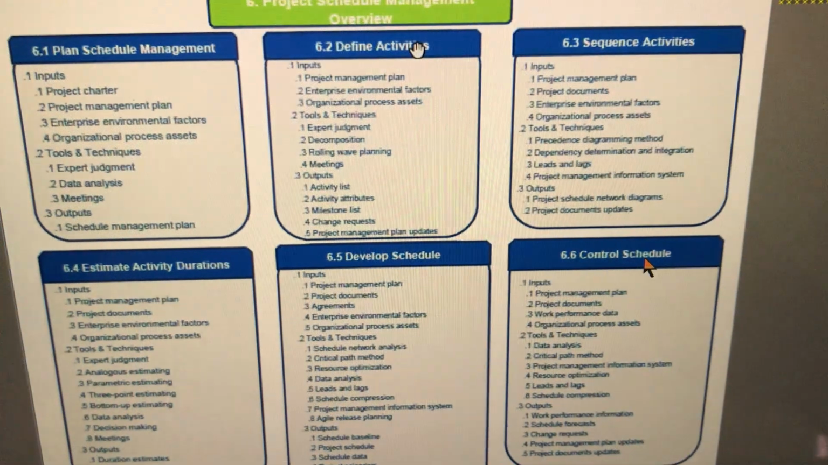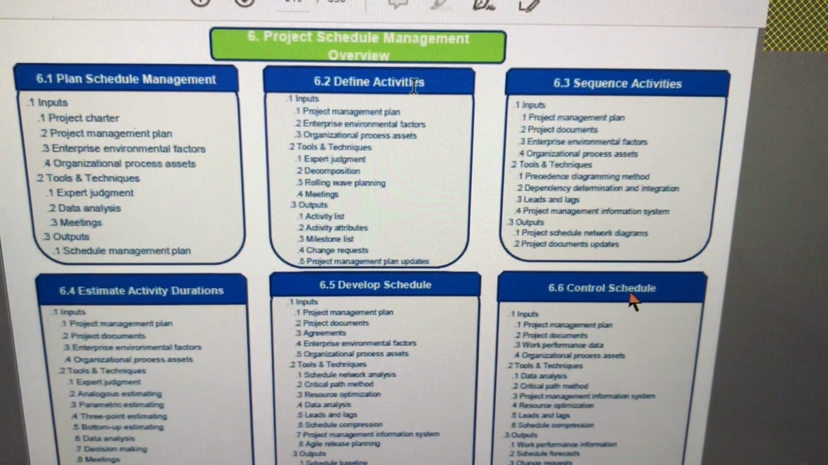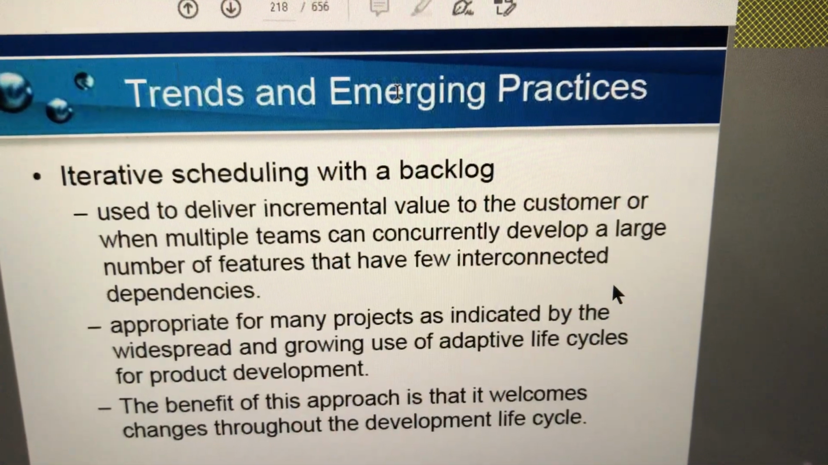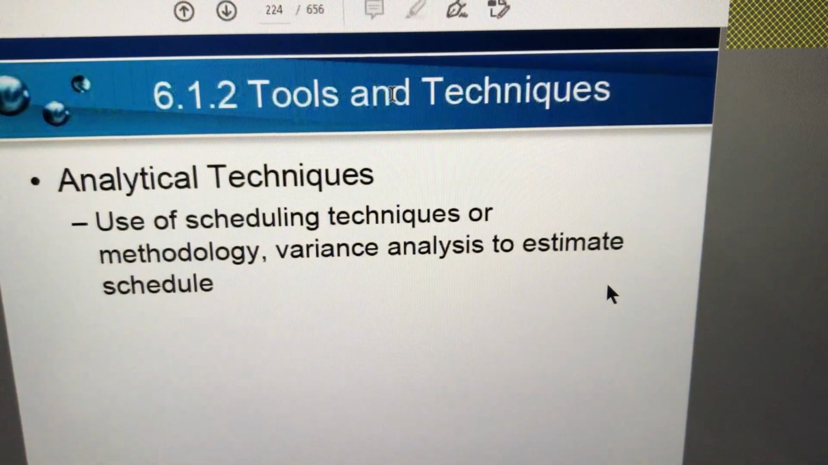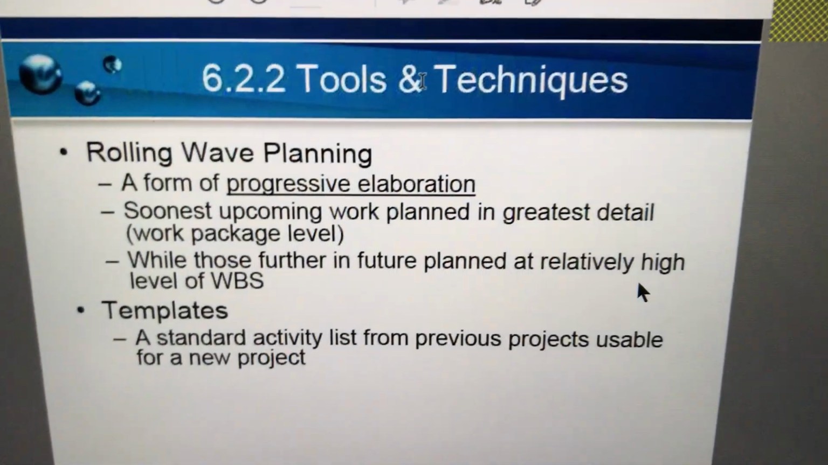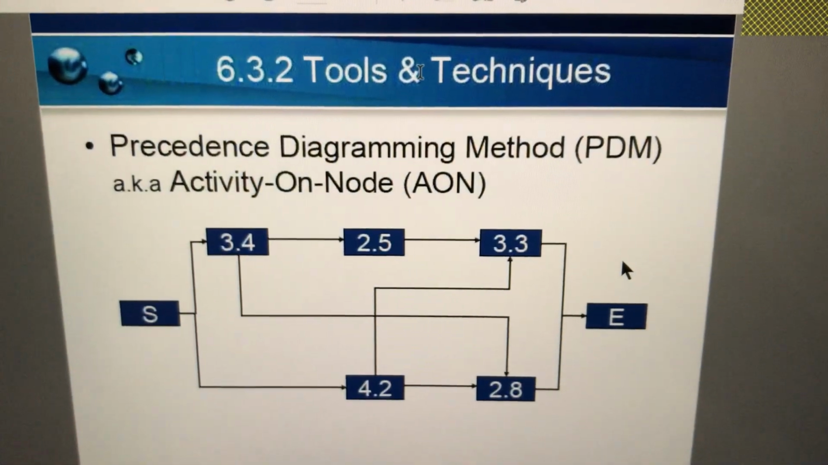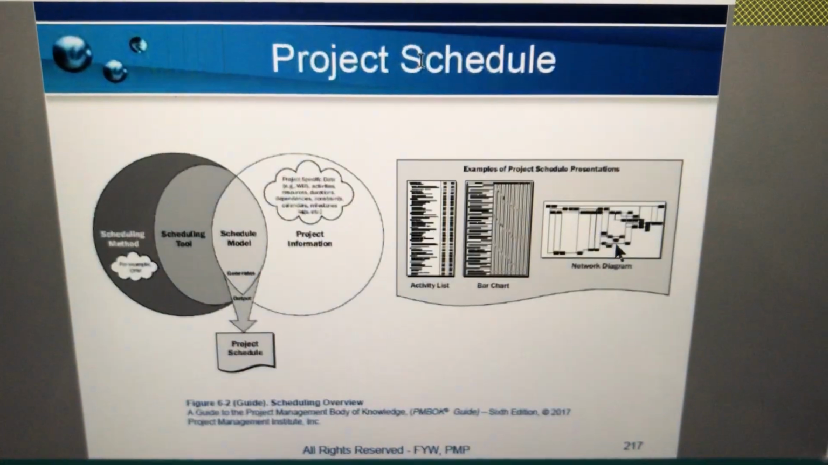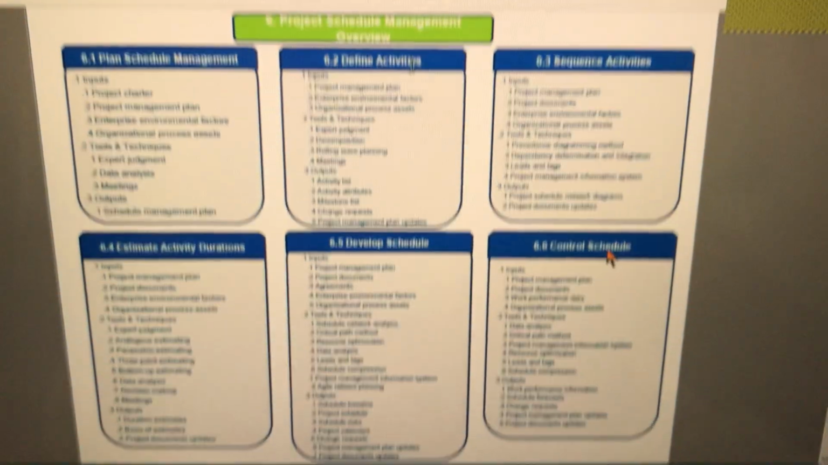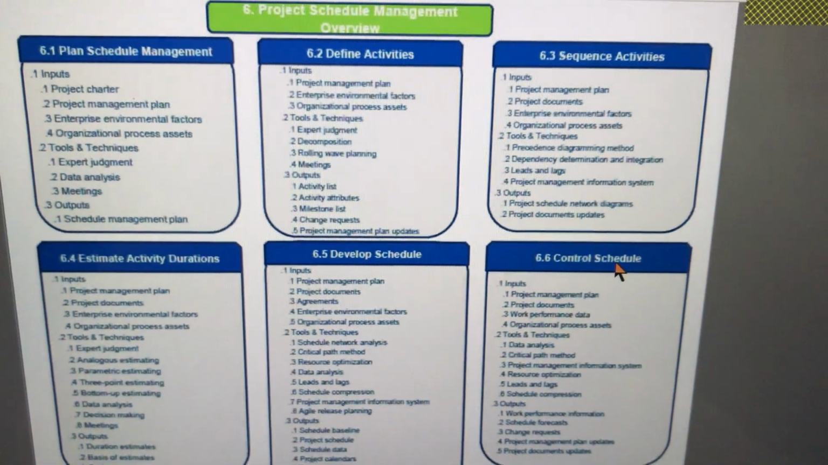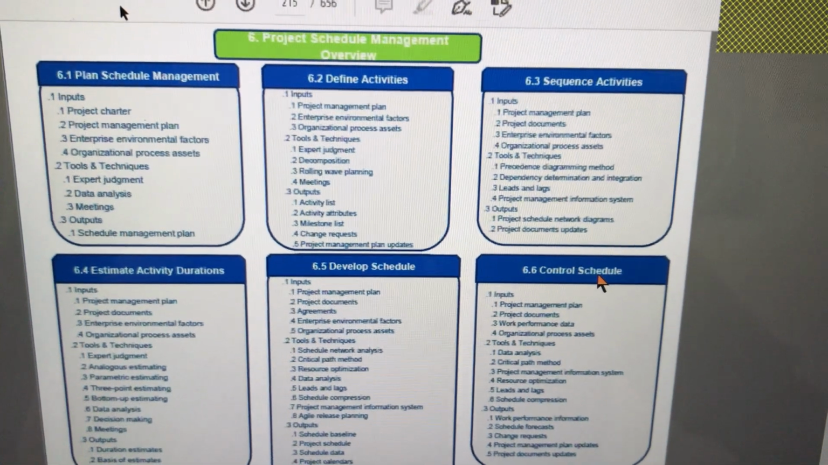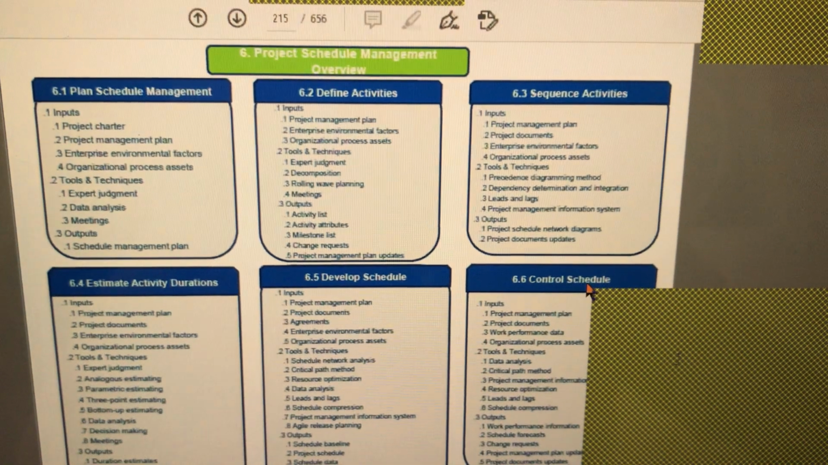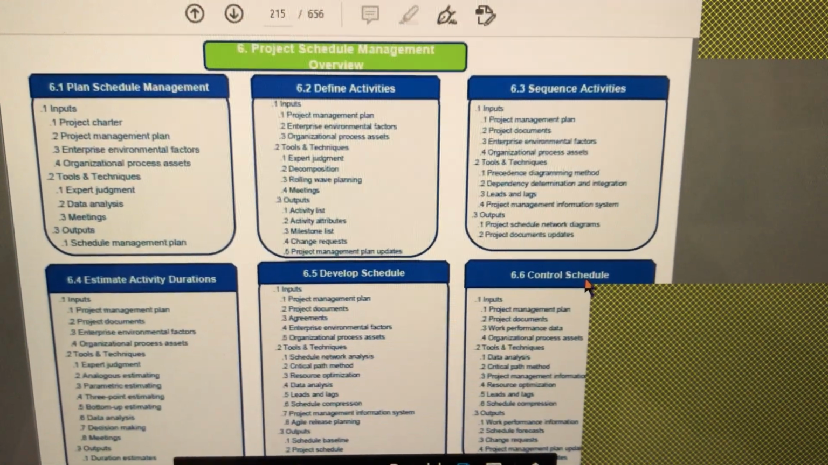Now, define activities. What happens in define activities is, let me go into the schedule. Okay, this one doesn't have a pictorial diagram. I got one. You know the WBS, right? Let me share the WBS. You saw the WBS. So in the WBS, wait. In the WBS,